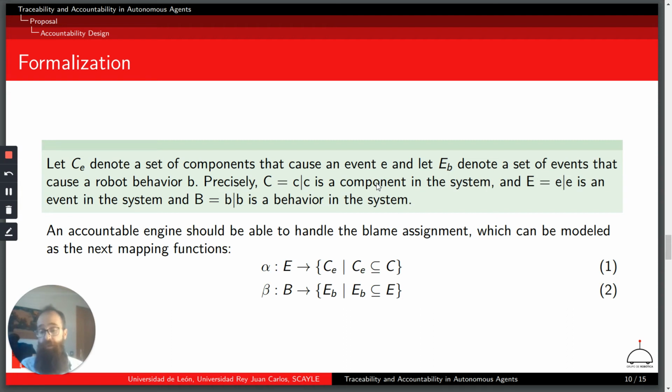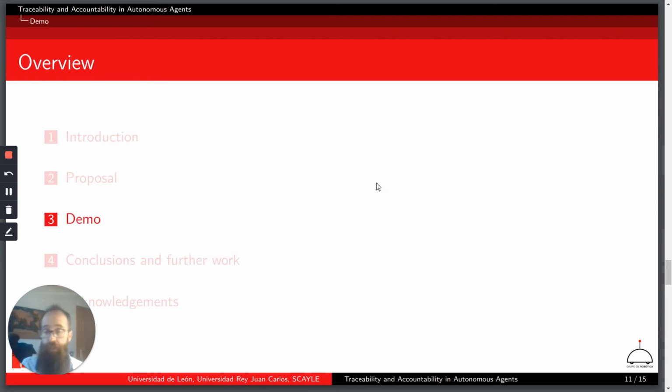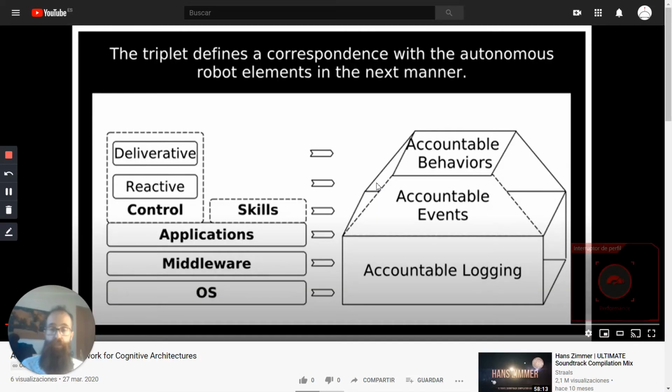For instance, it could be related with a black box AI solution integrated in a robotics approach. In order to explain everything, we are going to make a brief demo. The demo is just presented in this YouTube video. It's presented, and we can see the 3 layers. We have the classical robot. We have a robot with operative system, middleware, different applications, robot skills, and the control.